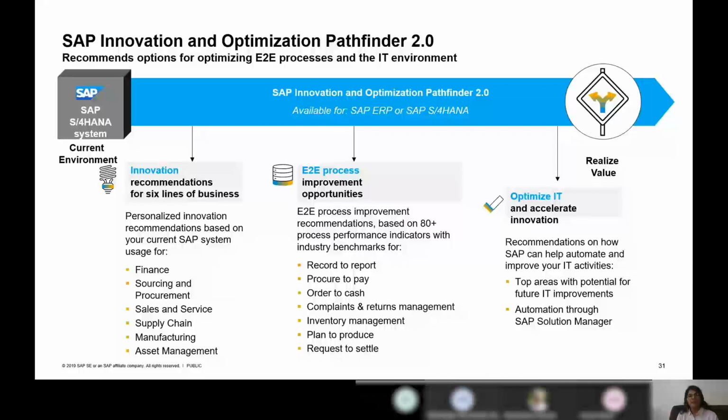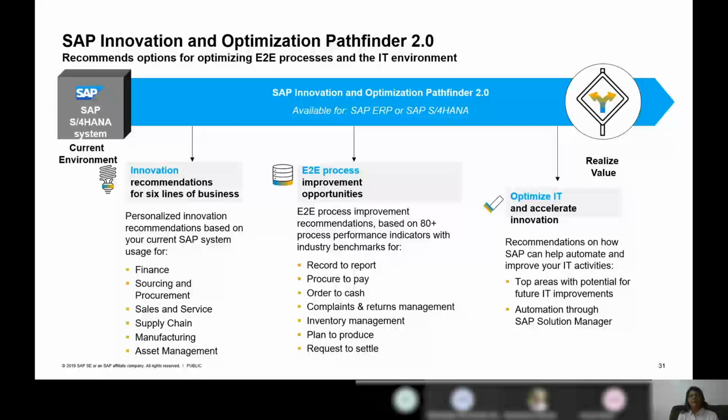So what we do is we take your information from the SAP running system, ST03N, which is a workload analysis. We will pull it out for 1 month, and this information will be fed to the URL where you can generate the SAP Pathfinder report. This report will give you the possible innovation a customer could do based on current usage.